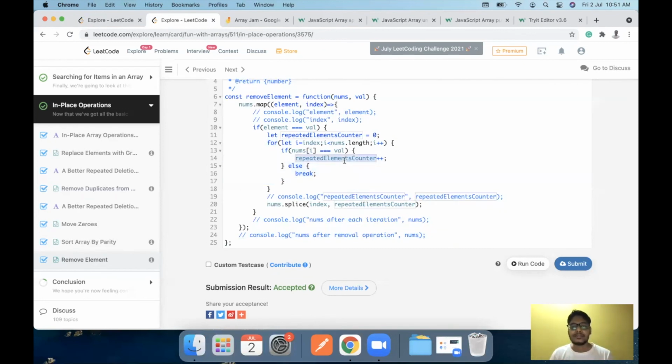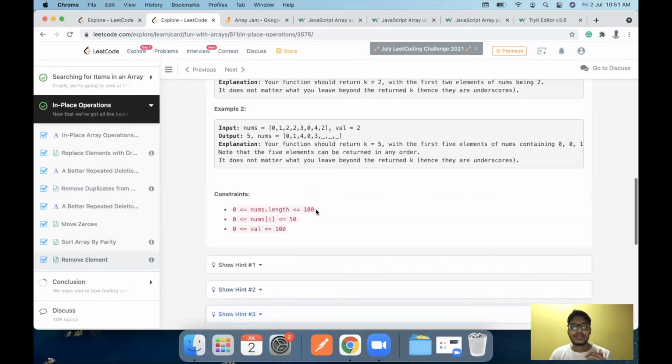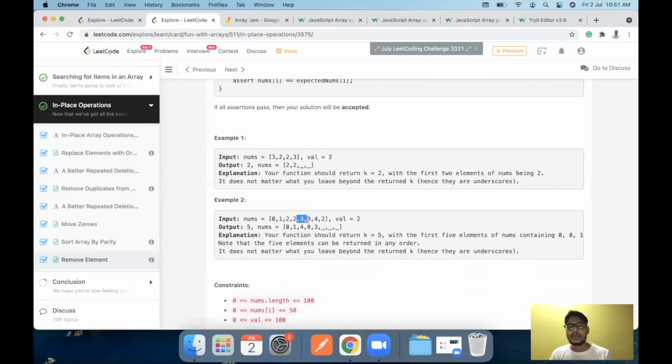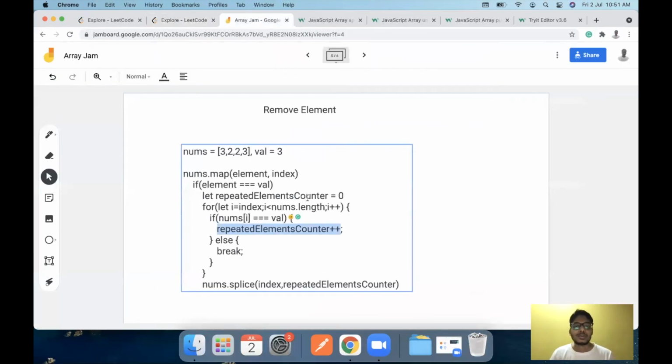For repeated elements, we just check the repeated elements like this, and once we have found all the repeated elements, we break because we don't want the next element to be considered for our consecutive repeated elements. Once we have the consecutive repeated elements, we can remove them and then move ahead, and then we can remove the next element as well. So that is what was supposed to be covered today.